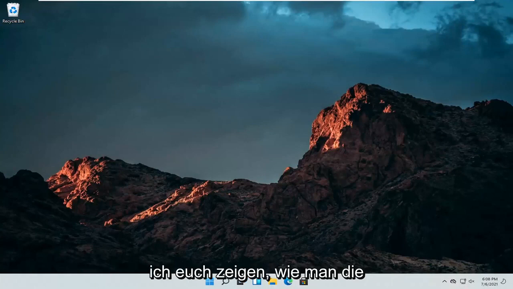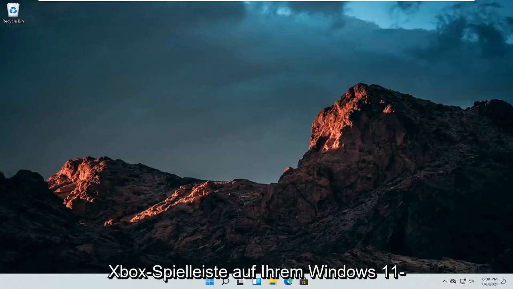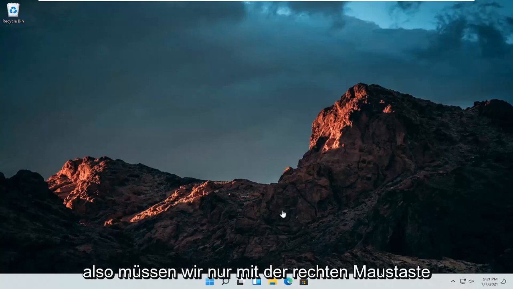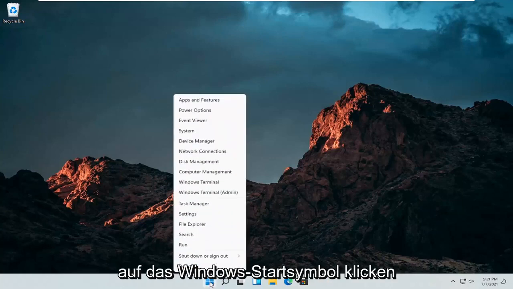In today's tutorial, I'm going to show you guys how to turn off the Xbox Game Bar on your Windows 11 computer. So this should hopefully be a pretty straightforward process here, and without further ado, let's go ahead and jump straight into it. So all we have to do is just right click on the Windows Start icon and